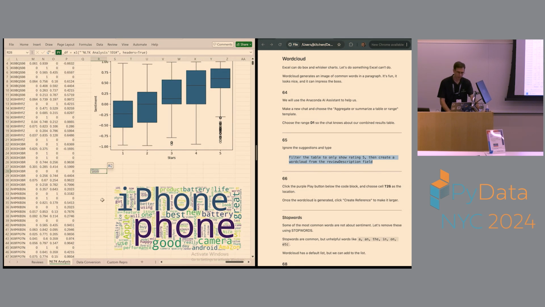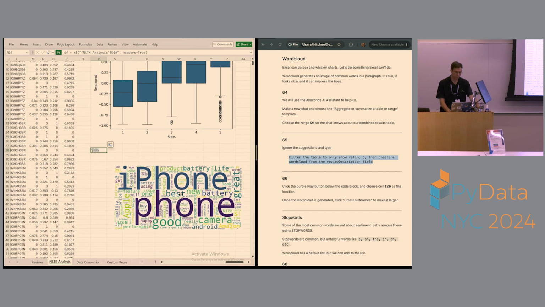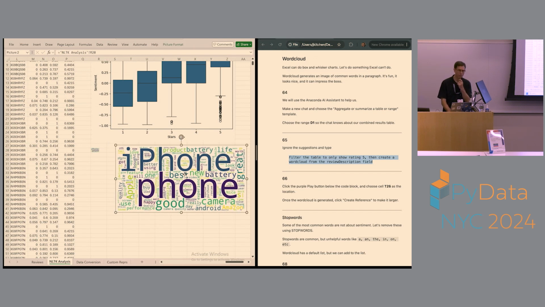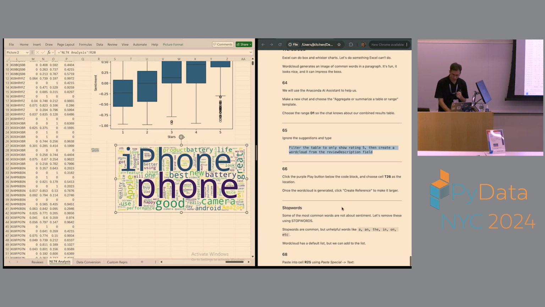So, okay, we've got this word cloud thing, and we notice some of the words are not helpful. Like, I get that phone and iPhone are very common things. But in word clouds, there's a thing called stop words, which is a list of words like a and the, on, words that are very common but not useful. And so WordCloud has a built-in list of those stop words, basically ignore words. But we can add our own. So let's,